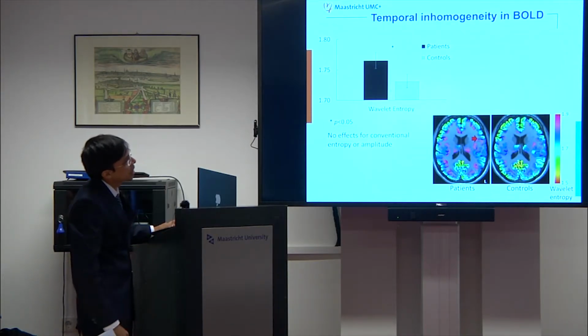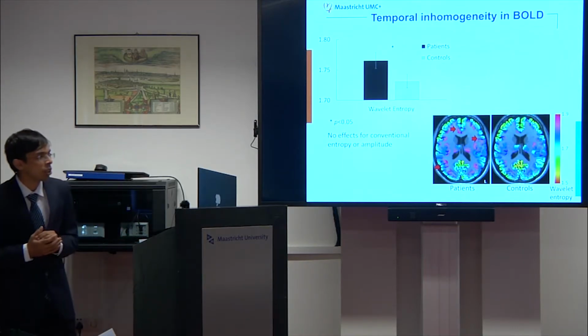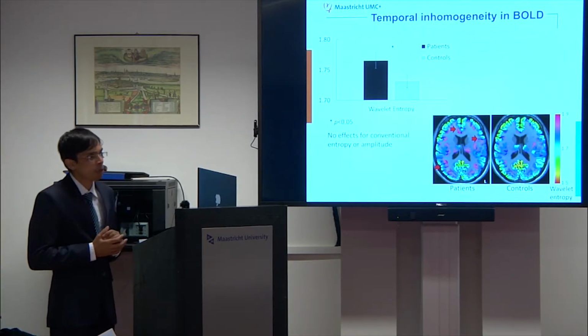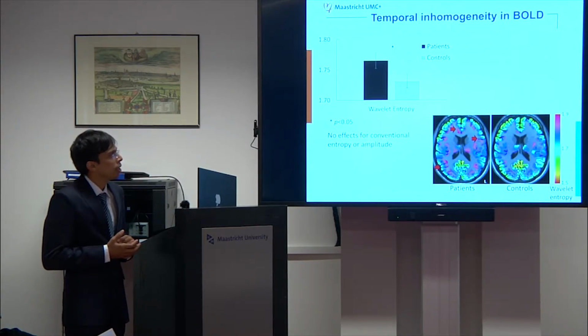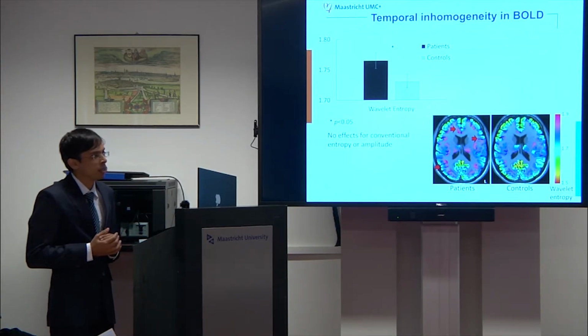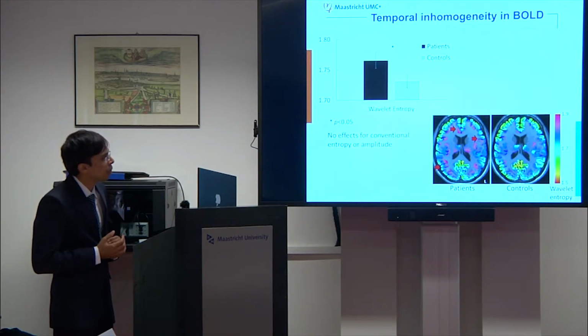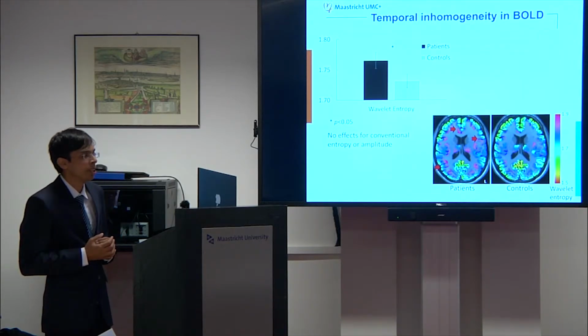The significant differences were seen in rolandic strip that we would expect for these patients. And also the differences are seen in various different regions, including default mode network regions. There have been published studies that show that Rolandic patients showed abnormalities in default mode network regions in addition to Rolandic strip.